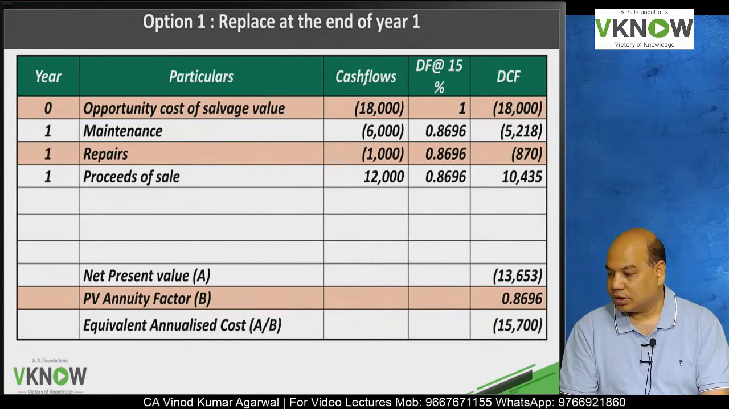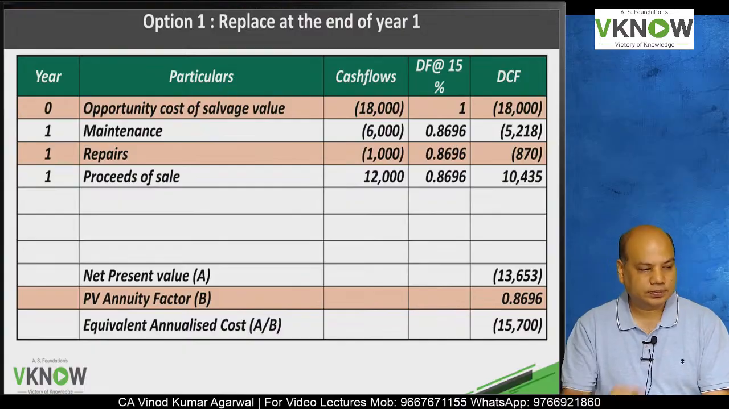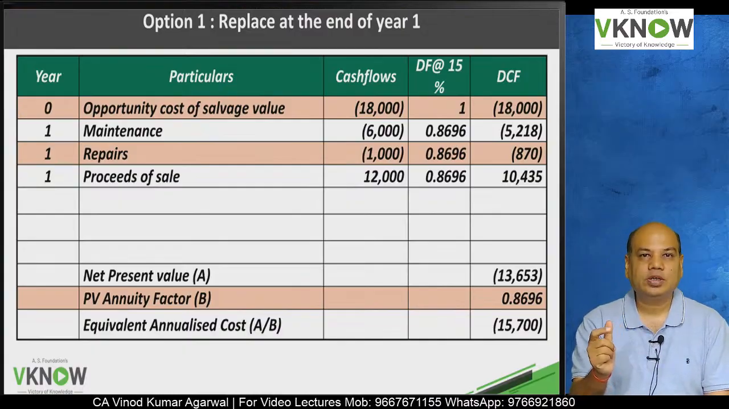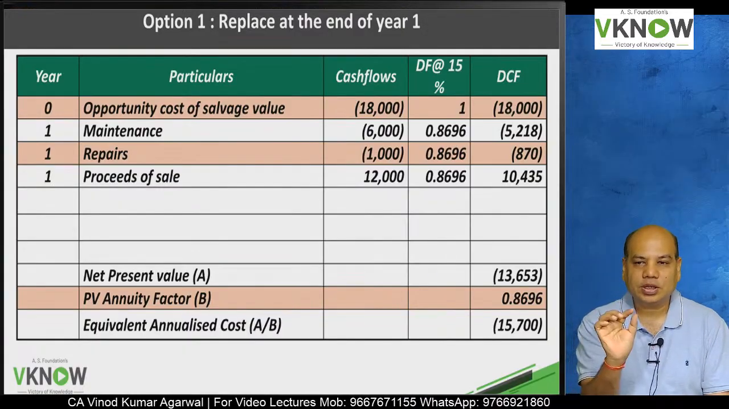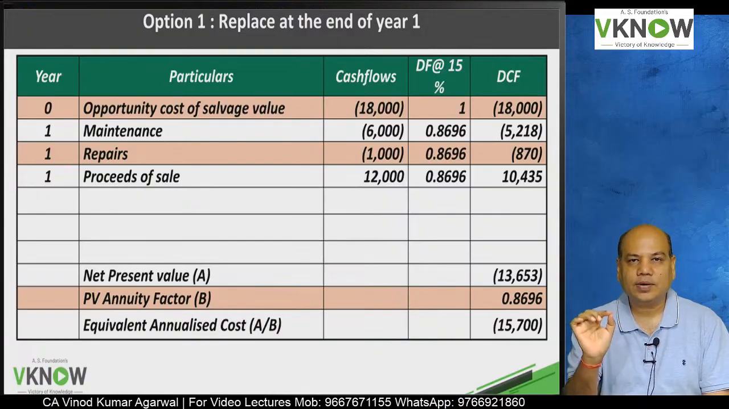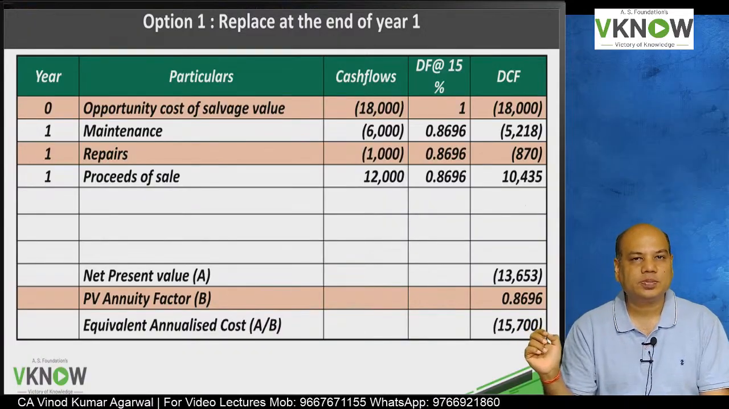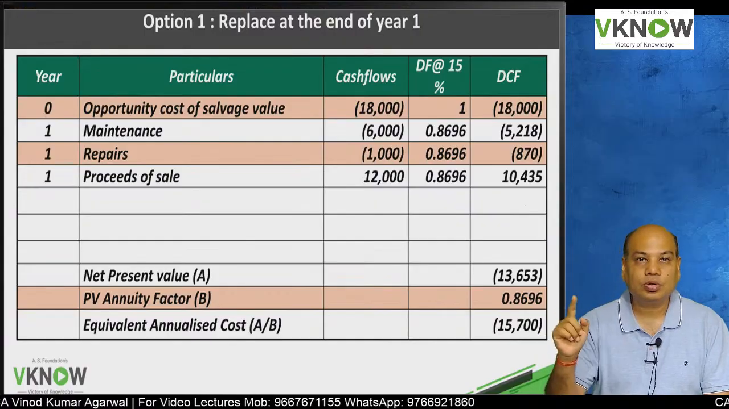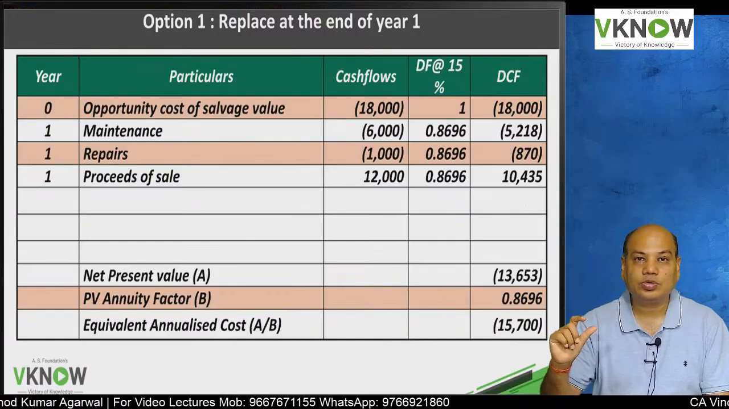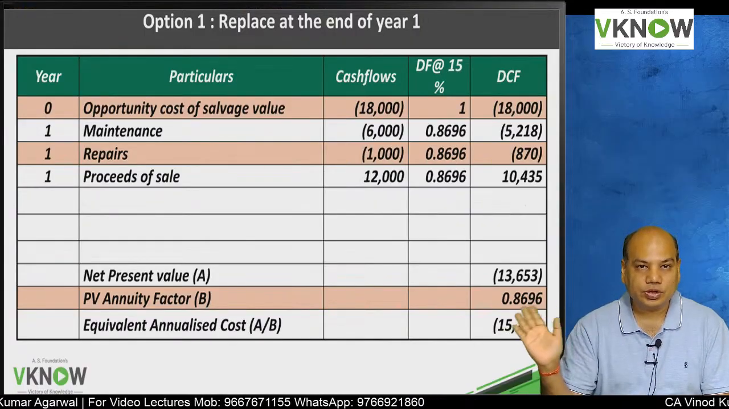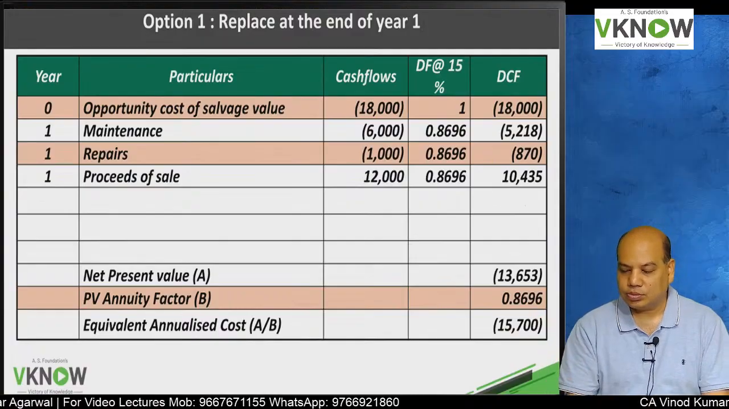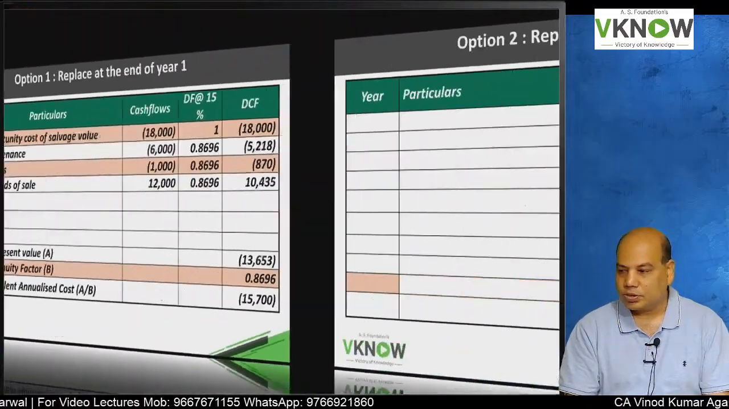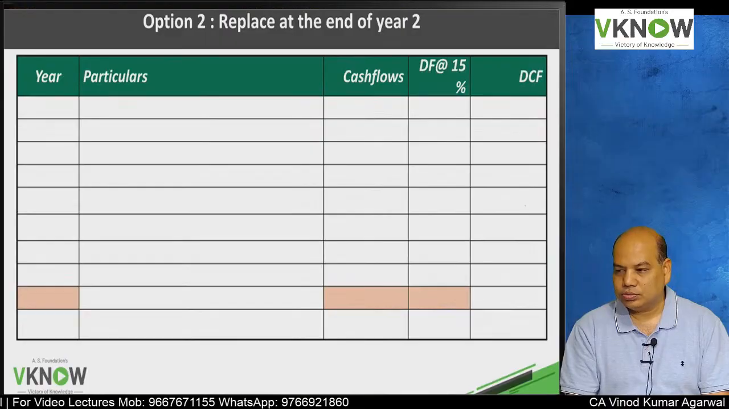What is the answer? 15,700. If I use it for 1 year, then sell it, it amounts to spending 15,700 rupees per annum, whereas the new machine will cost you 16,000 per annum. So this is lower. Let us try one more option. Option 2,